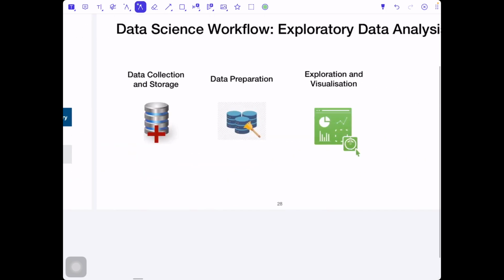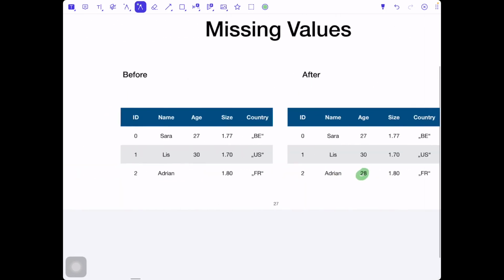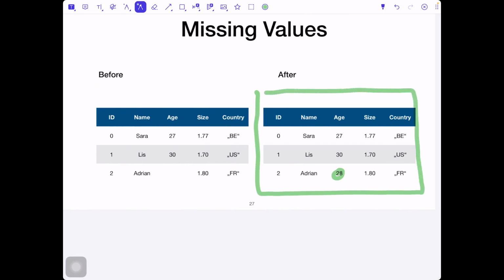So as you saw before, as I introduced once again, these are our missing values, and this is our table, which we get in the end after doing the whole preparation, after doing the whole data cleaning.